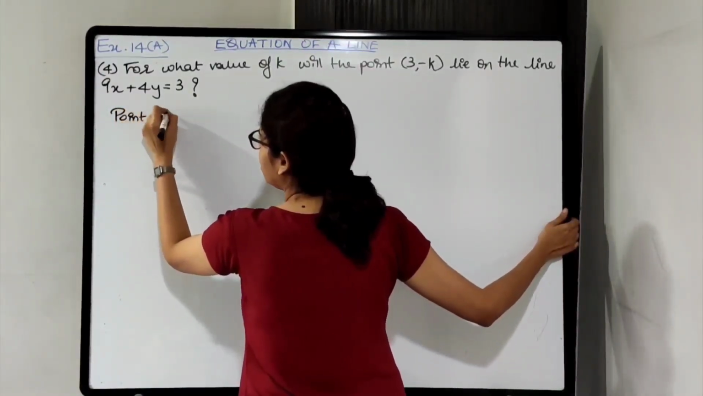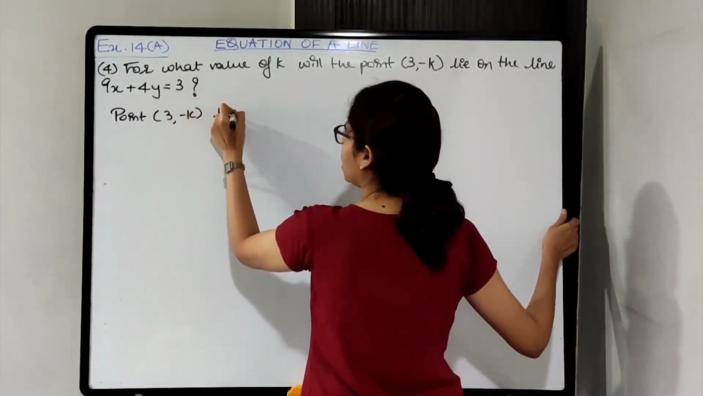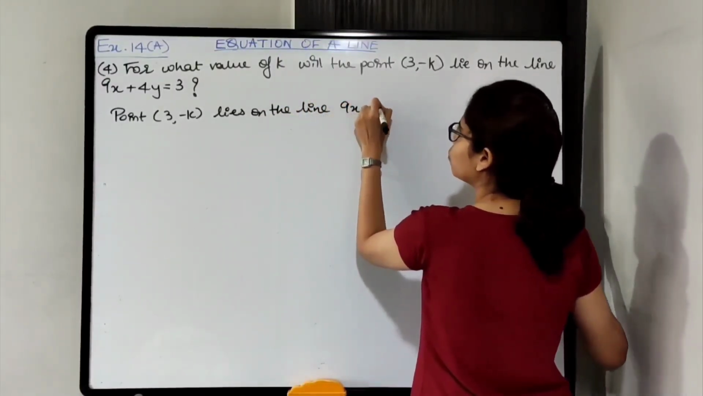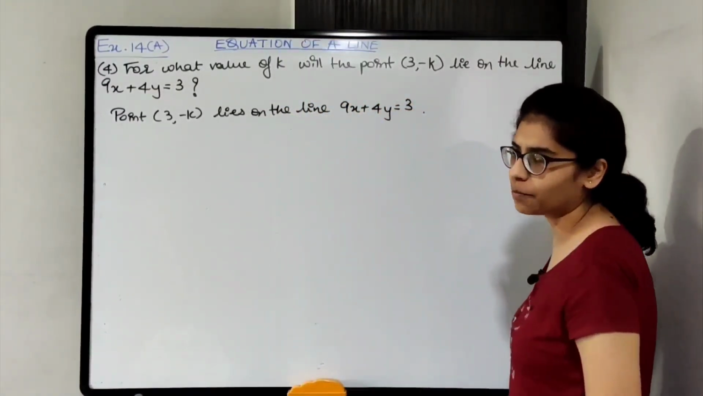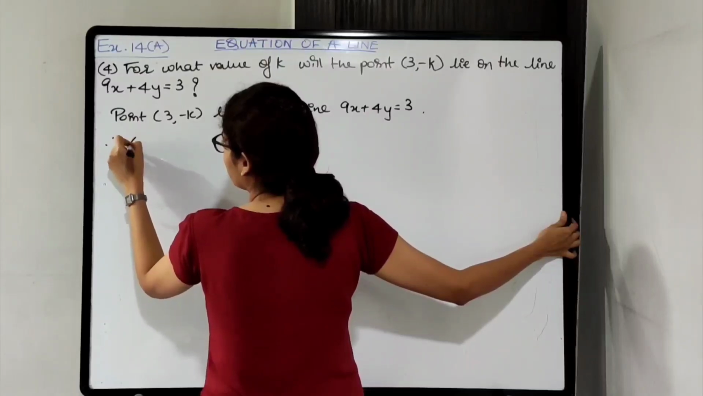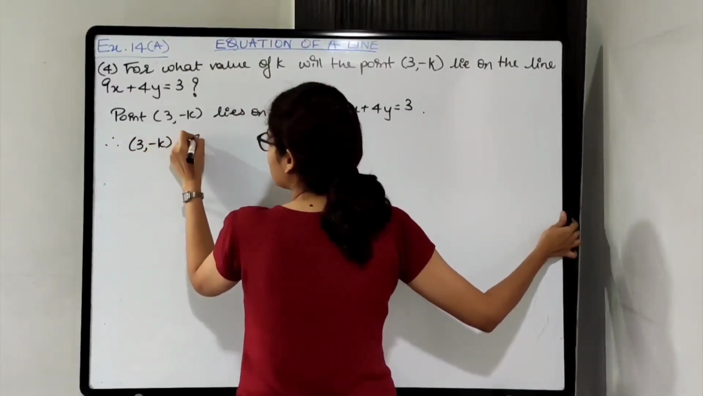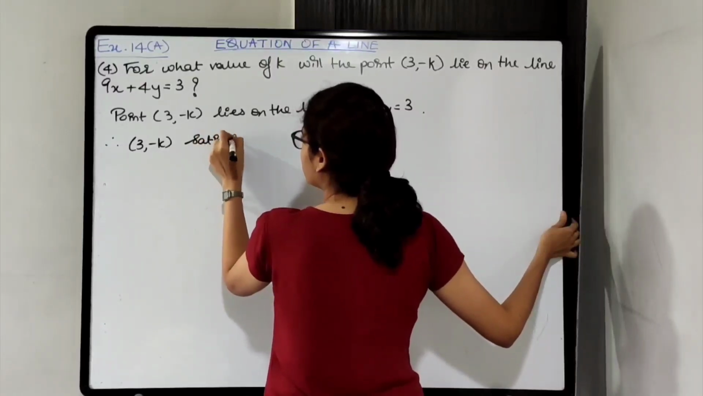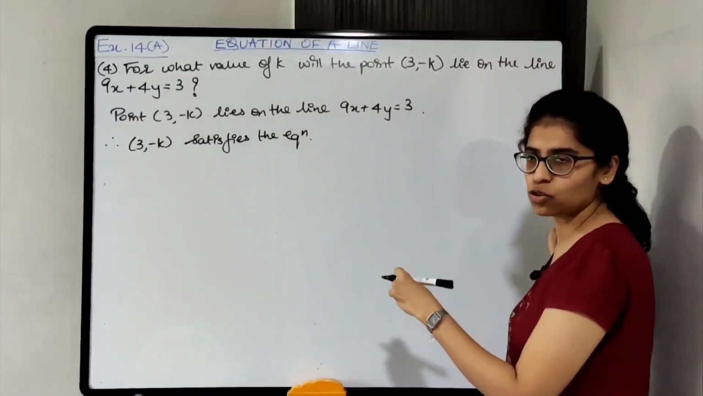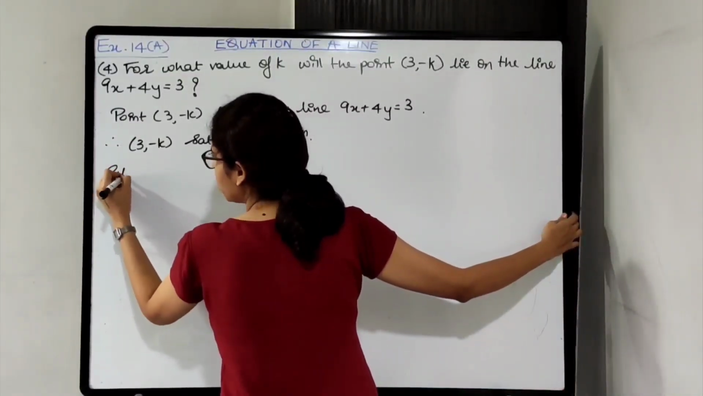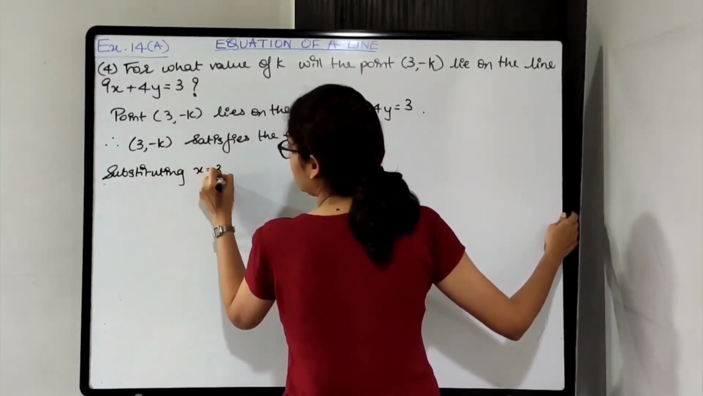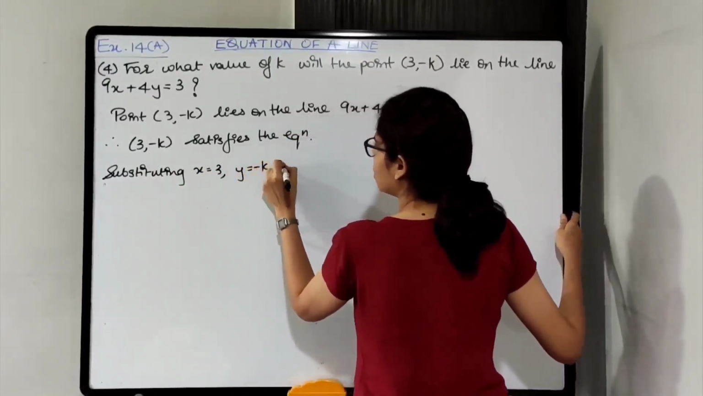Point (3, -k) lies on the line 9x + 4y = 3. So it satisfies the equation. Write down, therefore (3, -k) satisfies the equation. You can directly substitute it in the equation. So substituting x = 3 and y = -k in the